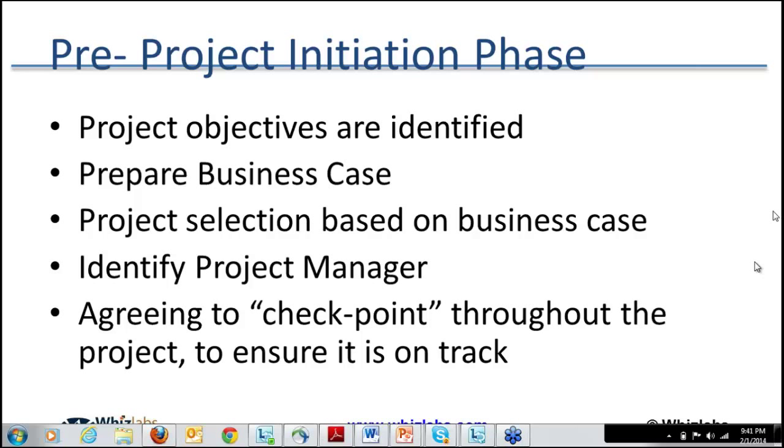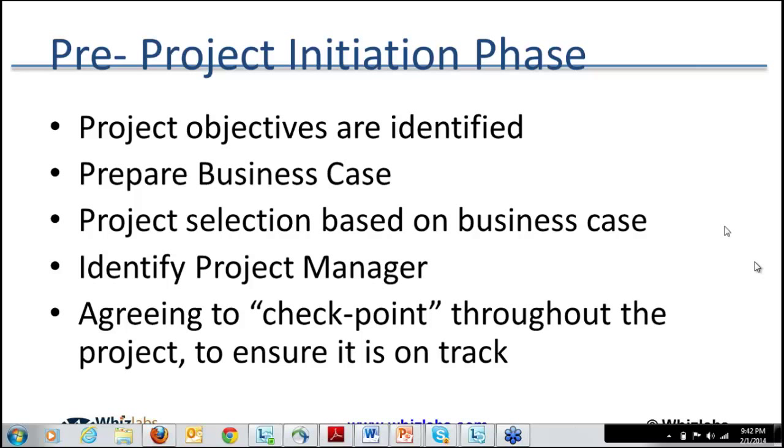So the project charter will also have the cost benefit analysis, that is, what will be the return on investment, and how soon I can get my investment back, something called the payback period. So all these things will be part of the project business case, and in every organization there will be multiple projects,